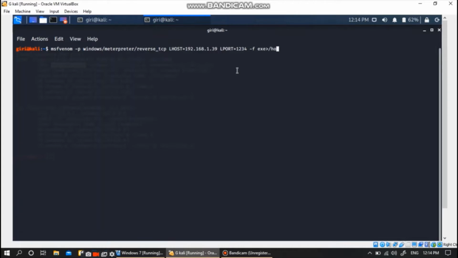And we'll be saving it on the desktop here: home/giri/desktop/file.exe. So file.exe will be the file name. Now this file will be getting created.